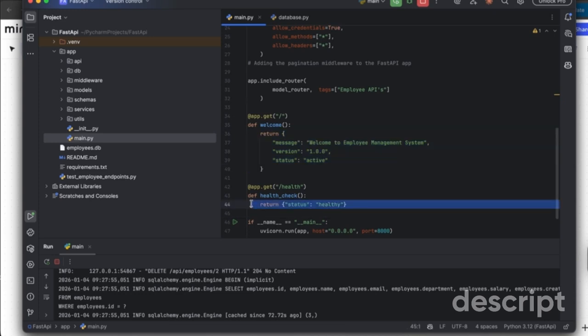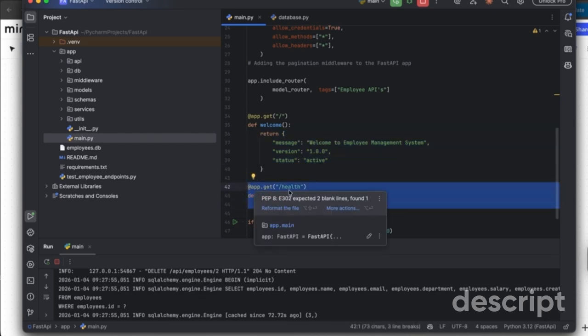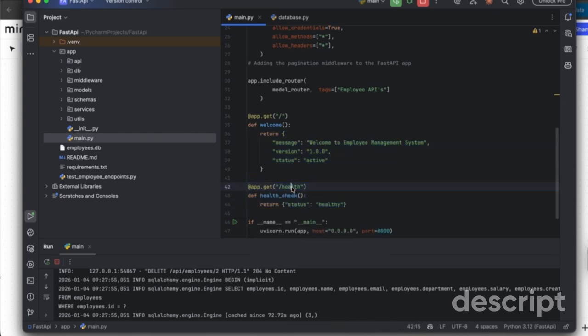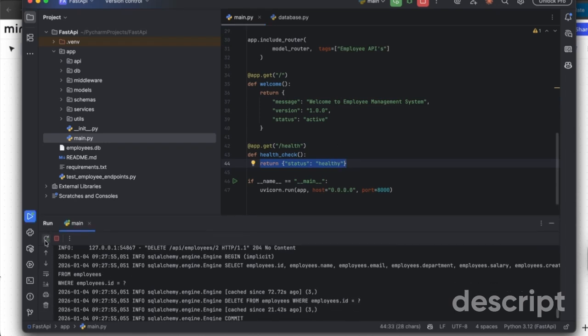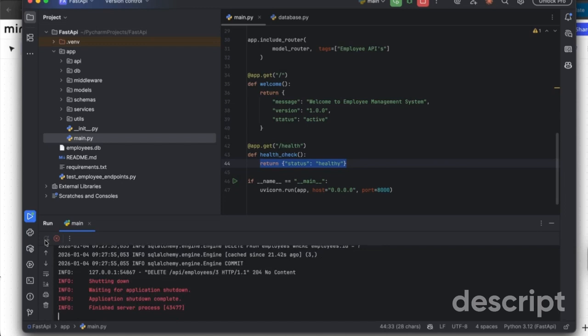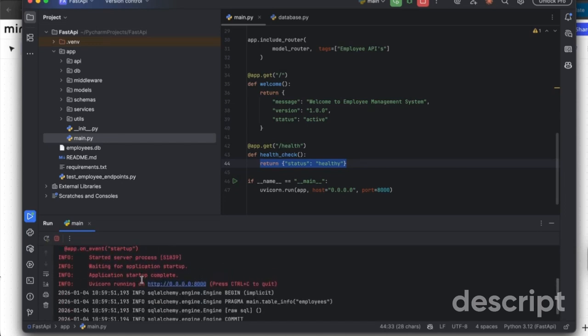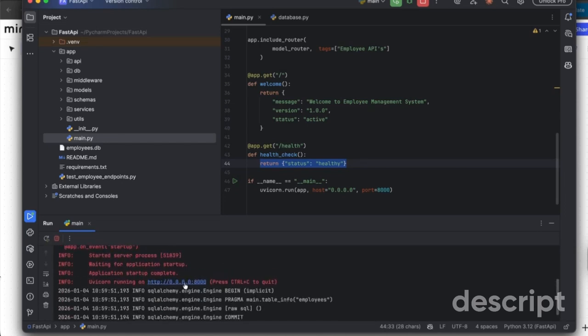And the other similar API, when you hit this particular endpoint slash health, you will see the status as healthy. How this works is you have the URL, that is the host followed by the port number, slash, and then followed by your endpoint slash health. At that time you would have the message displayed as healthy. So first let's check whether this is working fine. Let me start the application. Now my application is started and it says it's running on this.